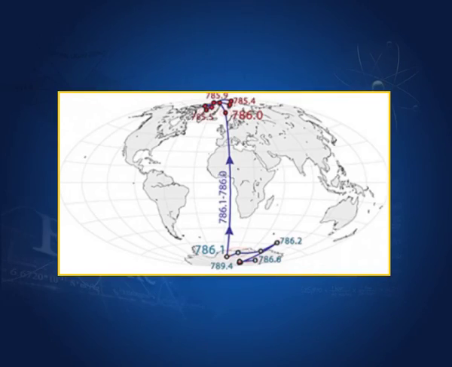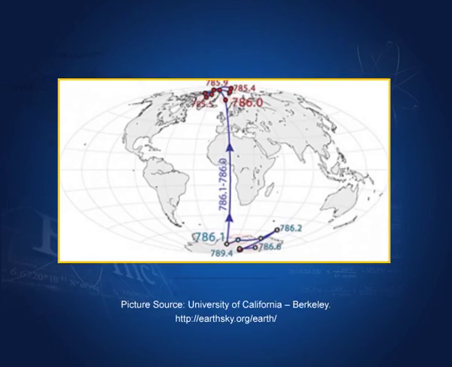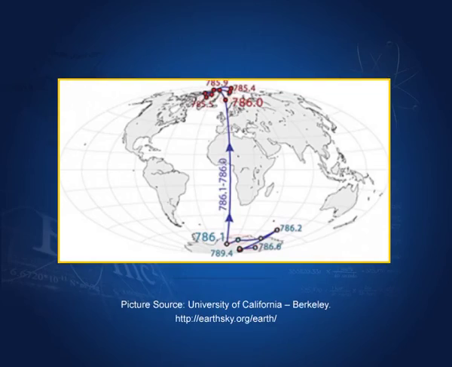What we do know is that the magnetic north pole was at the geographic south pole a million years ago. It was at the south pole. This map shows how, starting about 789,000 years ago, the north pole wandered around the Antarctic, and then it settles in the north, with the north magnetic pole in the Arctic. Image courtesy University of California, Berkeley. I have taken the image from there. You can also go to this website and see this map in greater detail.